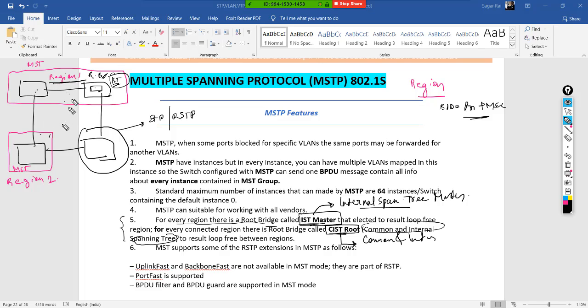I have MSTP region 1, I have MSTP region 2. Now who is going to be the root bridge? Is it going to be this or this or this? Now I'm talking in terms of region. In my previous scenario, I talked about within a region, among two devices, two Cisco switches, one became root